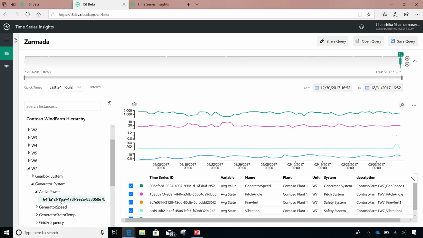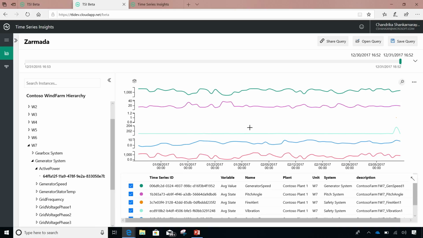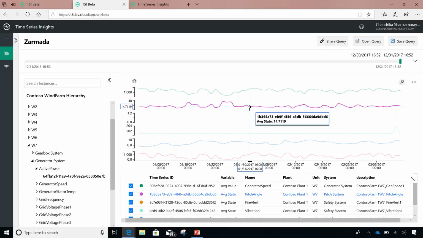I see, and then I can look at the actual data that's coming through, which is model data, and we call it time series models, and these are actually time series themselves. And so I'm going to click on one of them and say, hey, show me the average value on the chart. So I'm going to plot that on the chart. What I can do is compare and contrast this against other time series that I'm looking at, and be able to do event correlation, anomaly detection, and all that sort of stuff.